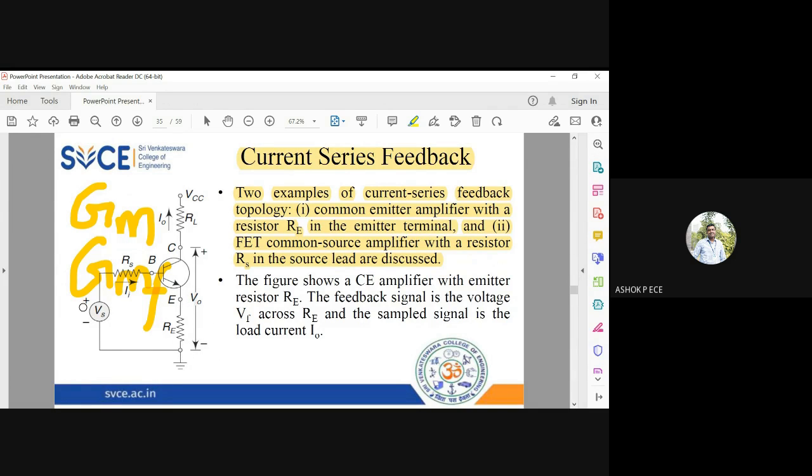So I have an AC source Vs, which is going to have an internal resistance Rs, and I have VCC, which is going to fix my Q point for my